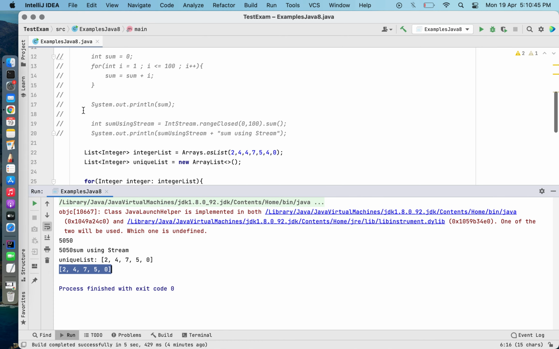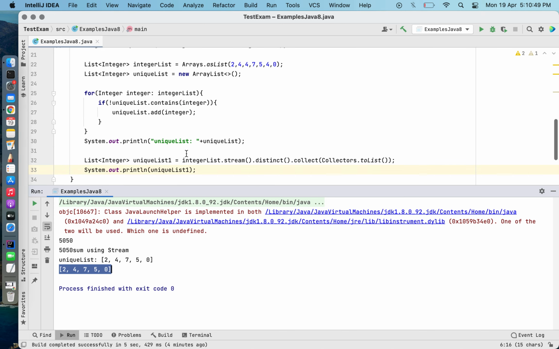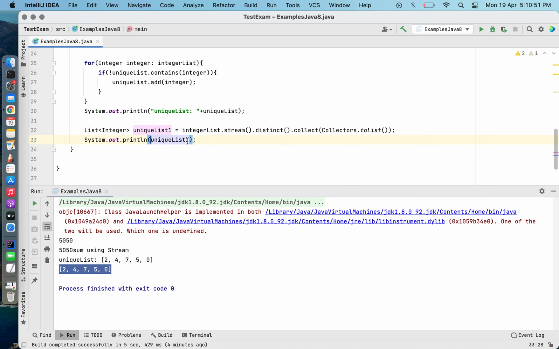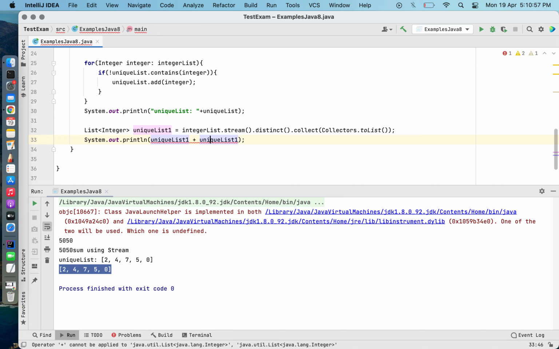Let me run it again for you with this part commented out, and I will put a string over here to make it clearer that we are printing out the unique list.